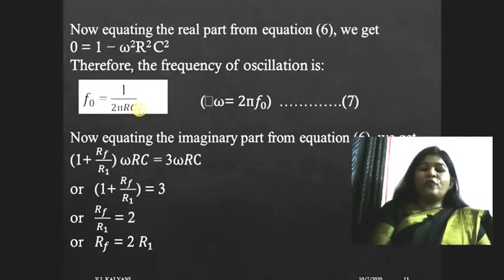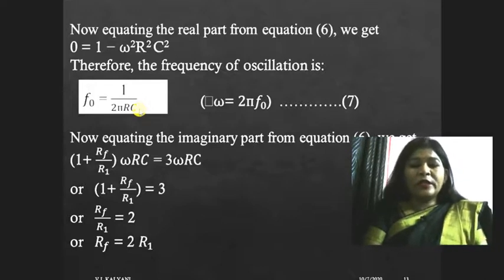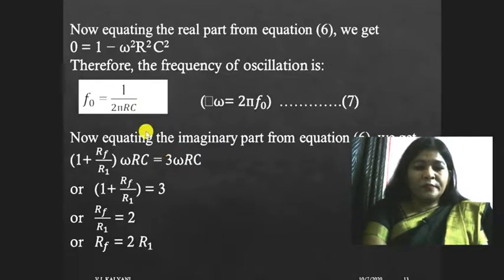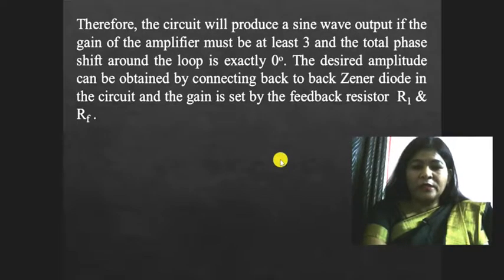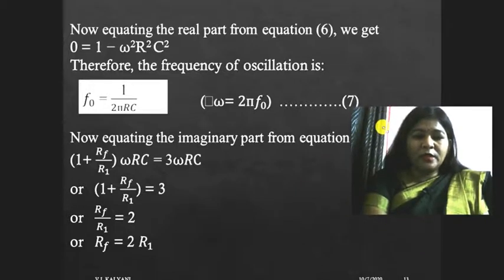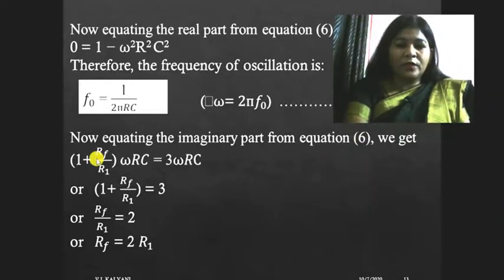In case of the Wien bridge oscillator, the oscillation frequency is 1 upon 2 pi RC, and in case of the RC phase shift oscillator, it is 1 upon 2 pi RC root under 6. Now equating the imaginary part from equation 6, we will get the result,